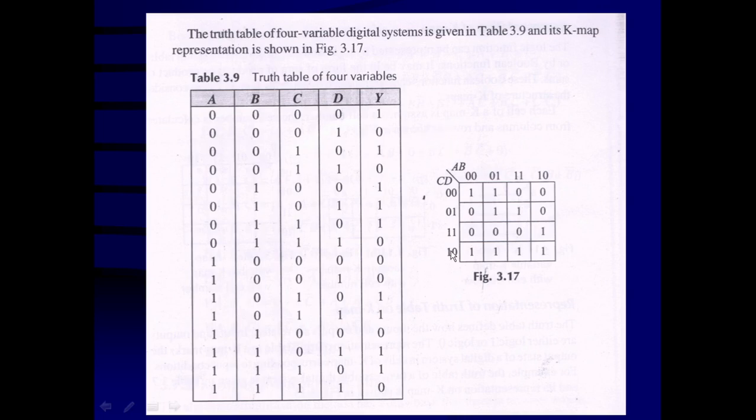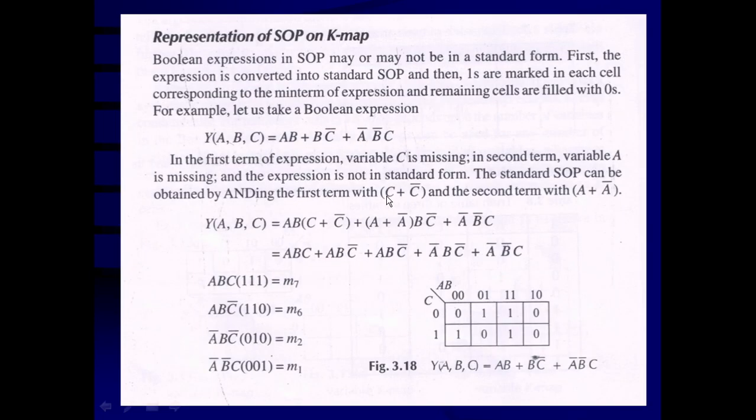That way the output is represented over here. So this way the first method, that is the truth table, is represented into the Karnaugh map for 2 variables, 3 variables and 4 variables. Dear friends, you should know how to prepare a truth table for 2 variables, 3 variables and 4 variables for input combinations. Output can be anything.